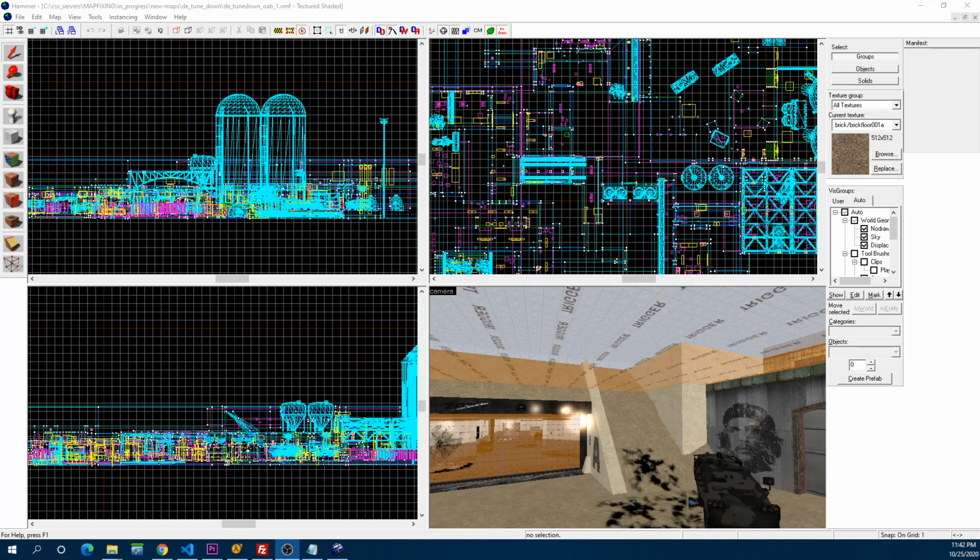Hi there, this is the first video of a series for editing Counter-Strike Source maps, specifically for bots. In this series, we'll look at optimizing those maps, mostly the ones you can download online from servers like GameBanana and others. We're gonna look at creating spawn points, additional spawn points.